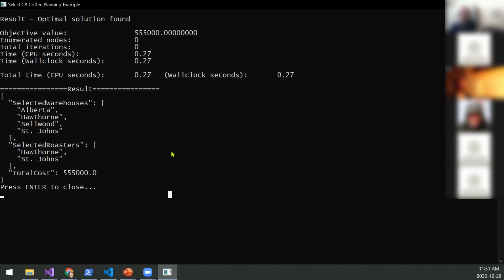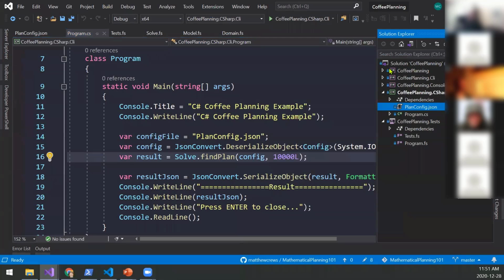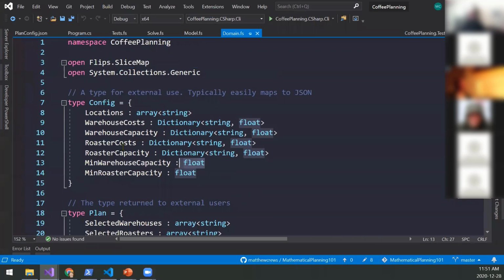This is one of the scenarios that we also deal with, where a lot of the code at our work is in C#. There are a lot more C# developers out there in the world than F# developers. But that doesn't necessarily mean we just need to do it in C#. They play perfectly nicely together. And none of the F-sharpy weirdness leaks outside of the library because of the types that we declared here inside the domain. These are very purposely chosen to play nicely with any .NET language.